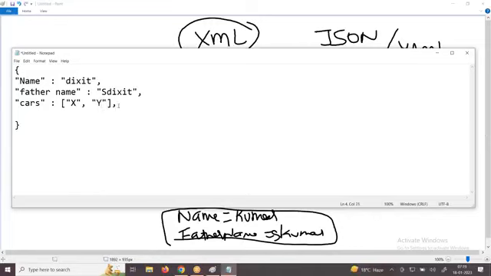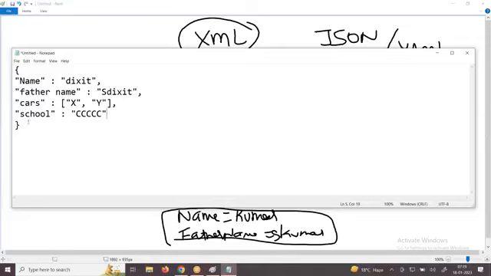Now I'll come up and ask you, which school? Again, it's a single school, right? Again, it will come back and say, what is that? School is equal to, let's take an example, CCCC. Okay, done. So there is no comma on the last line, and this is the way you write one JSON format.